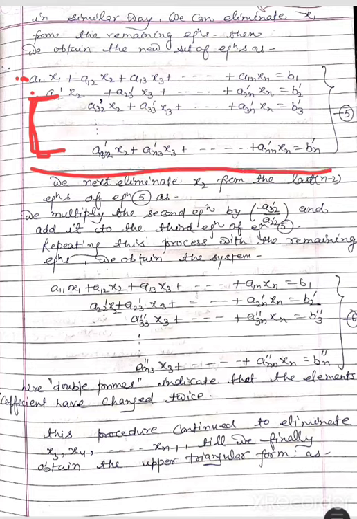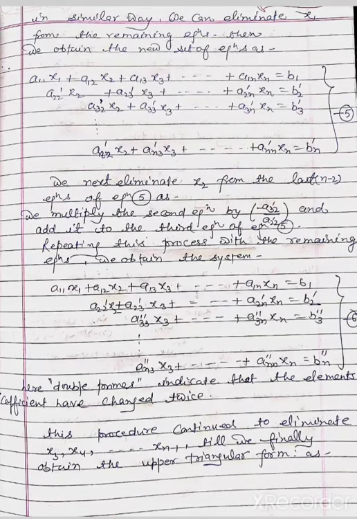So we can see from the last n minus 1 equations x1 has been eliminated. Now we next eliminate x2 from the last n minus 2 equations of equation 5. For this we adopt the same procedure. We multiply the second equation by minus a32 prime over a22 prime and add it to the third equation of the equation system 5,